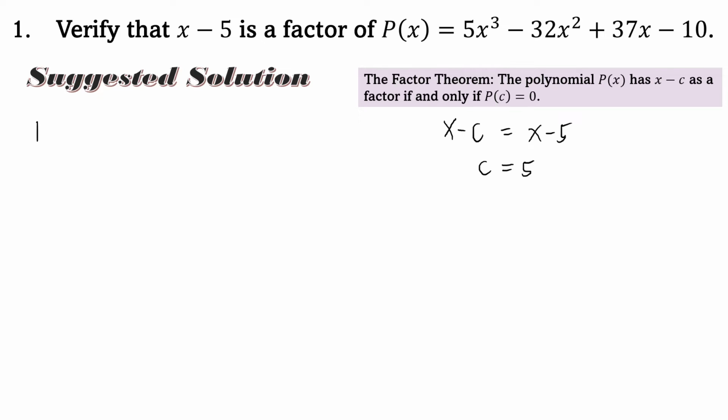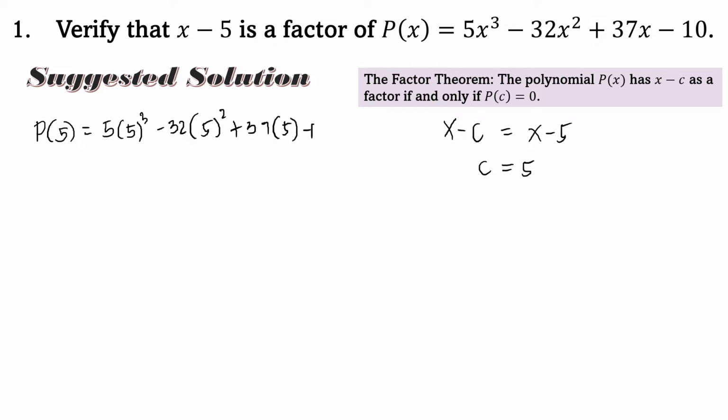Ibig sabihin, kapag in-evaluate natin ang p of c, o isinubstitute natin ang c sa lahat ng x ng p of x, at sa problem na ito, ang c ay equal sa 5. Dapat ang sagot ay 0 kung ang x minus 5 ay factor ng given polynomial. Gawin natin. 5x cubed, meron tayong 5 times 5 raised to the 3rd power minus 32 times 5 squared plus 37 times